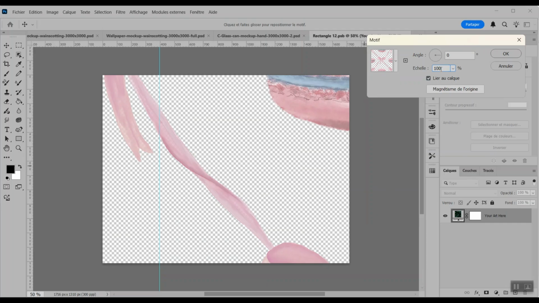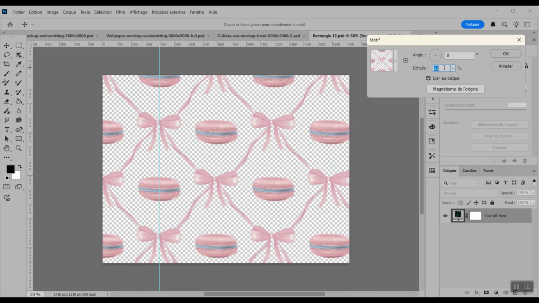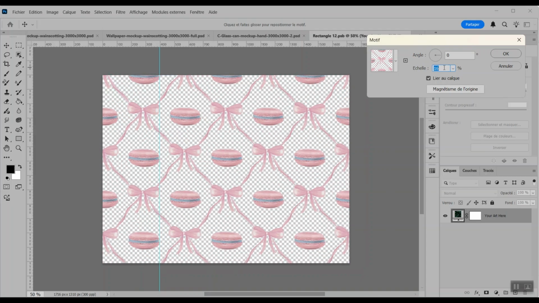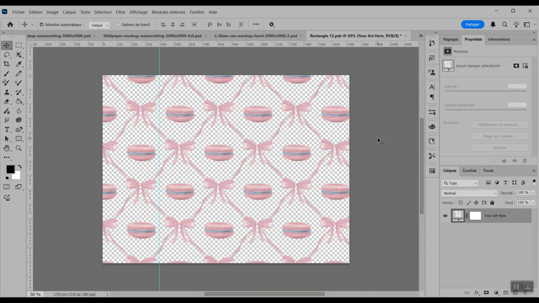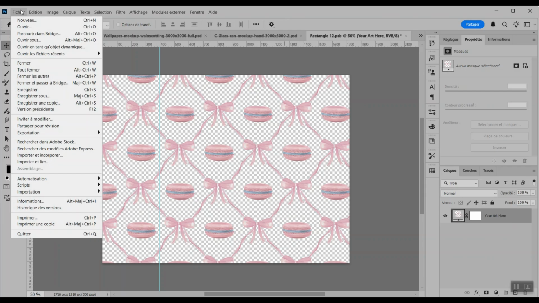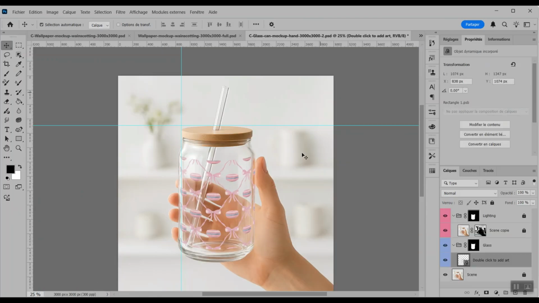Then I can go here and adjust the size to make my pattern fill the image the way I want it. Then I click OK, and then I click Save here. Save in French is enregistrer here, and that's also Control S on a PC. And it's saving, and once it's saved and I go back to my mockup, you will see that the image that I embedded in there